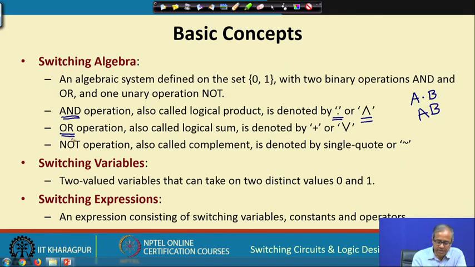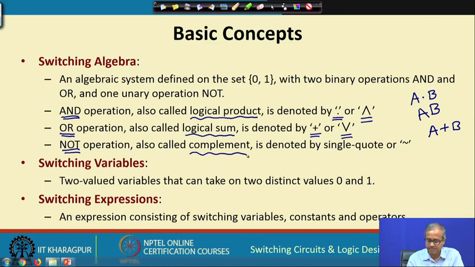Similarly, we have the OR operator. AND is sometimes called the logical product, OR is sometimes called the logical sum and is denoted by the symbol plus or this reverse pointed hat. As I said, we can express OR as A plus B, this plus is the OR operator. NOT operation finally, also called complement, is denoted by single quote. Single quote means A quote,